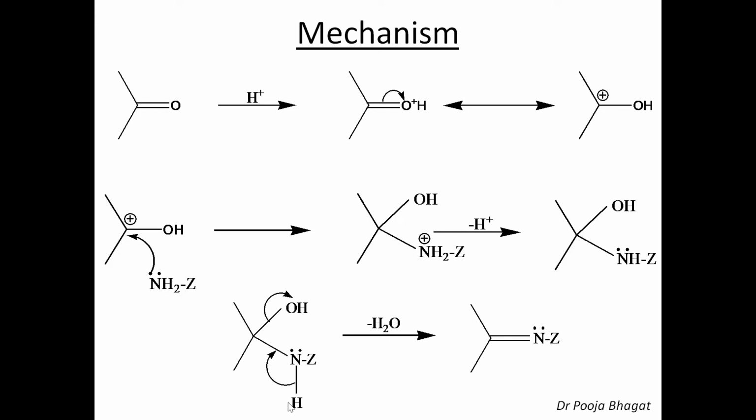And then the nitrogen-hydrogen bond will move towards the carbon and nitrogen. Since electrons are moving away from the nitrogen, it will go out as H positive. And this bond shifts here, so OH goes out as OH negative. So OH negative from here and H positive from here make a water molecule. And this bond shifts here, so it is a double bond. So this group goes out, there is a loss of a water molecule, and now there is one more bond, that is a pi bond. So it is C double bond N, and you get this derivative.